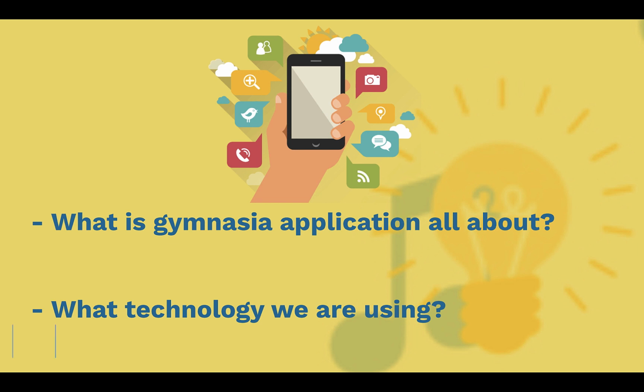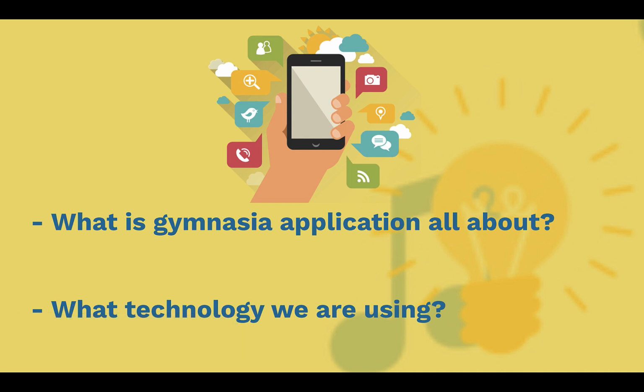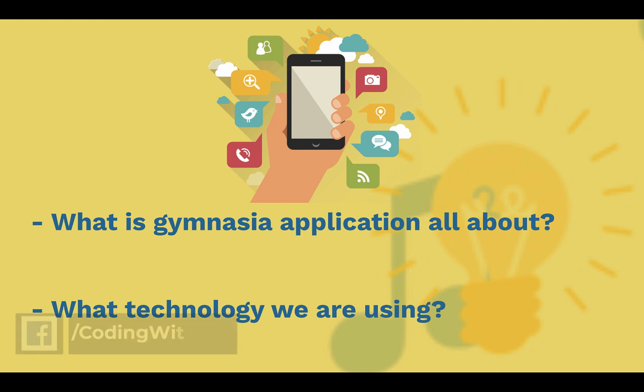Gymnasia, in simple words, is Instagram for gym users or gym people. It is a social media application for specific people like athletes or bodybuilders. Users of this application can post, share, comment, edit their profile and much more. What technology are we using? The technology we are using to create this application will be React Native, as we all know. But not only React Native, we'll also use many cool libraries for designing.